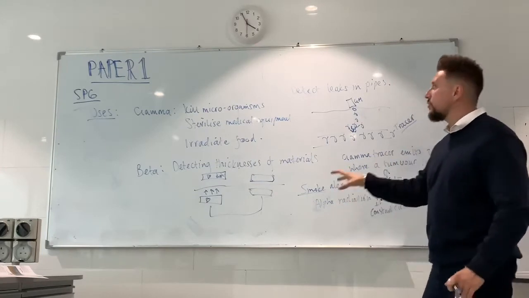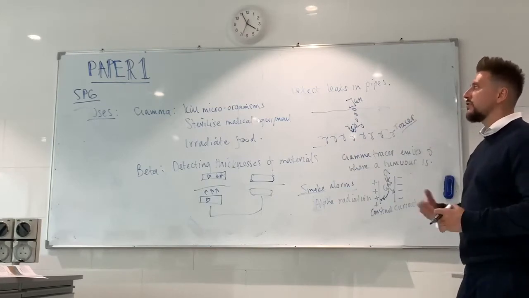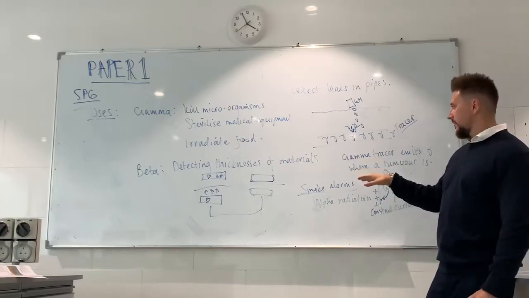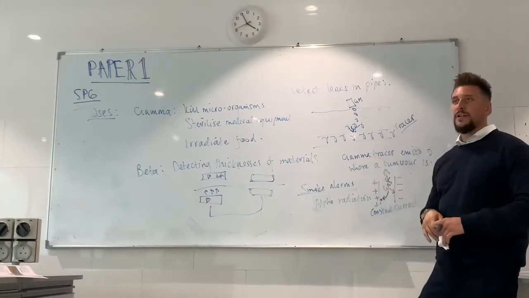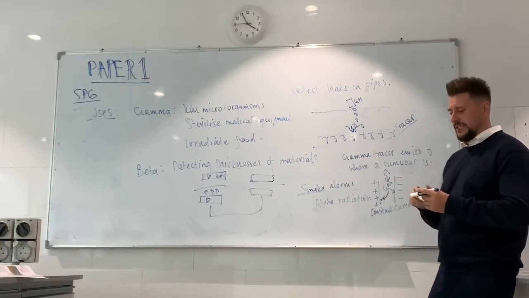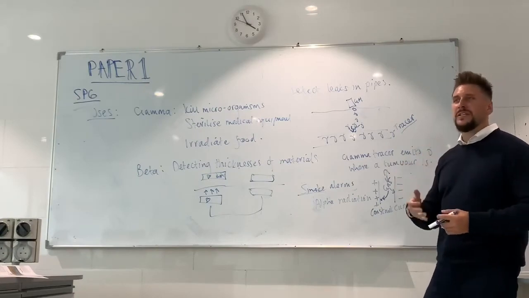Okay? That's your uses of gamma, beta, and alpha. The generic uses, the ones you need to know. Moving on to using radioactivity in medicine, we can use gamma as a tracer. In fact, we can use almost all of them as tracers, essentially. You produce some sort of radioactive drink, for example, you put